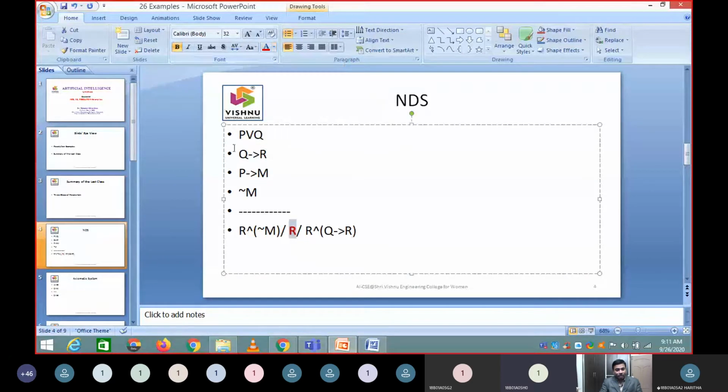What about the next part? Is R and negation of M valid or not? Yes, sir. Is R and negation of M valid? I will write this. Just try to see R. Is this valid or is it valid?